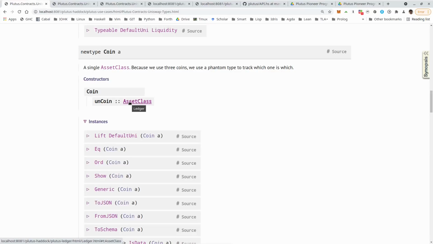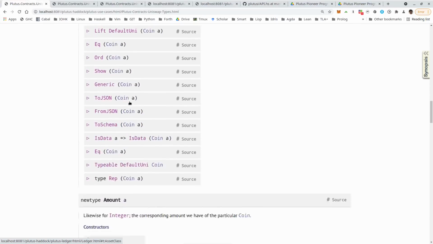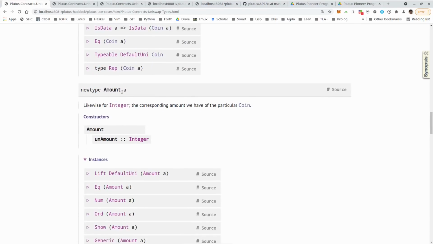Asset class, recall, is a combination of currency symbol and token name. Then Amount is just a wrapper around an integer that also contains such a phantom type parameter, so that we don't confuse amounts for token A and token B, for example.